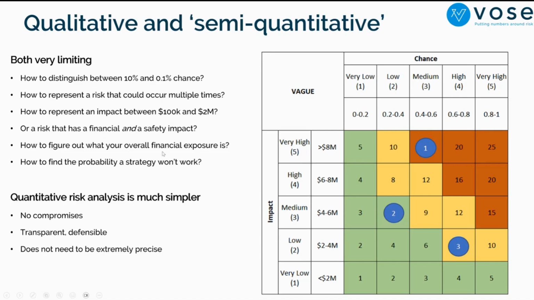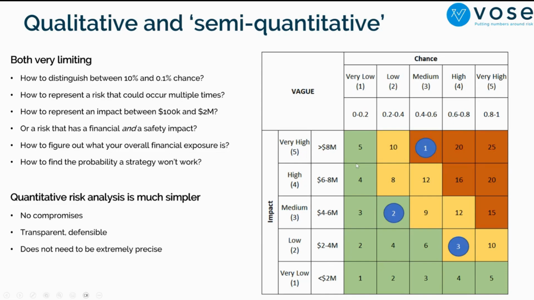So how would you then also calculate the aggregate financial exposure? For example, imagine those are financial risks. How would you aggregate them? How would you sum the red, the yellow, and the green, for example, and compare that with the portfolio of projects for another project, or portfolio of risks for another project? So all of those